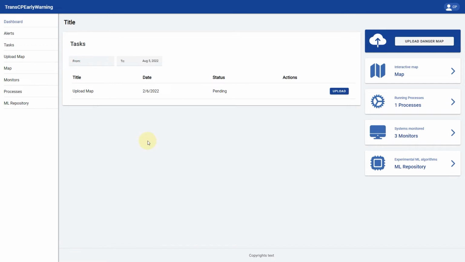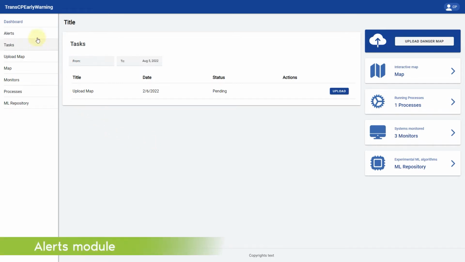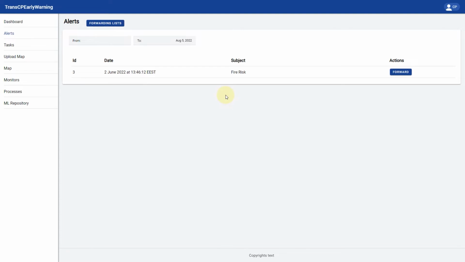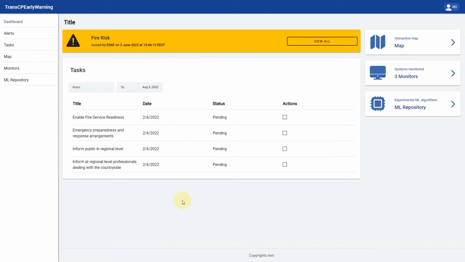By clicking on the Alerts tab, users can access the feature which creates alerts and communicates them to the appropriate users. Alerts can be created either as a result of planned daily actions related to the planning and prevention early warning mechanism, or as a result of emergency events which require the immediate attention of the user. In each of the above cases, a yellow box will appear in a prominent part of the dashboard, on which the type of alert, the organization that issued it, and the date and time of issuance are displayed.